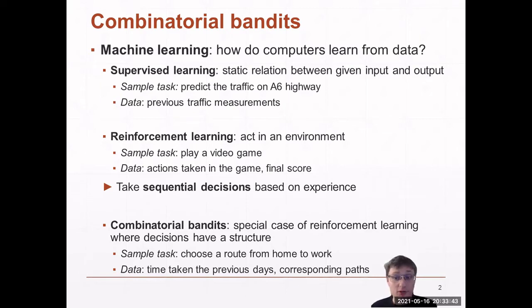Reinforcement learning is a completely different kind of learning when you want to train an agent to act in an environment. So for example, you want to train an agent to play a video game. In that case, your data will be a sequence of actions that you took in the game and the final score that you could achieve. So the real specificity of reinforcement learning is to take sequential decisions that are based on the experience that you had with your environment. Combinatorial bandits are a specific part of reinforcement learning where you have a strong structure for your decisions. So for example, if you want to choose a route from home to work,